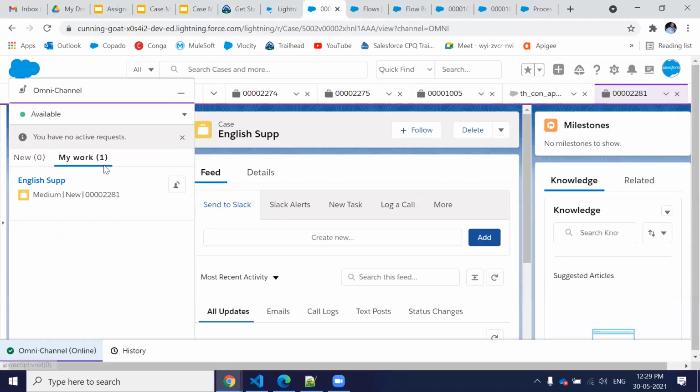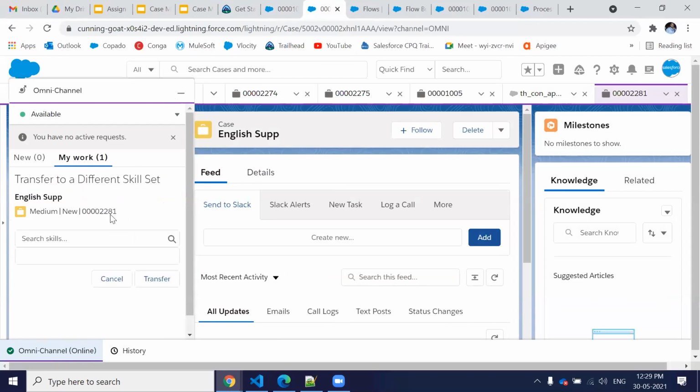I have created a case with English, so it checks the English skill and then routes it directly to me. In skill-based routing as well as queue-based routing, I forgot to tell you one more option. When you click on this, you can directly transfer the case to different skills. You can search here.